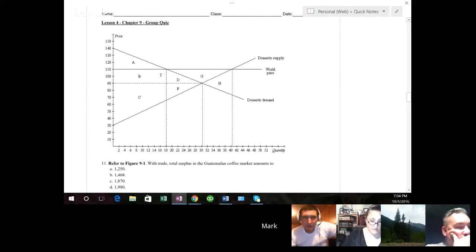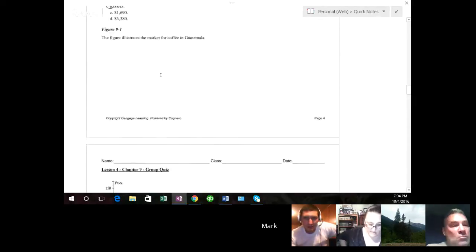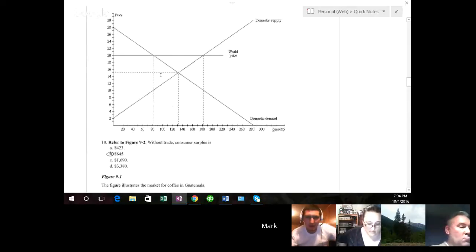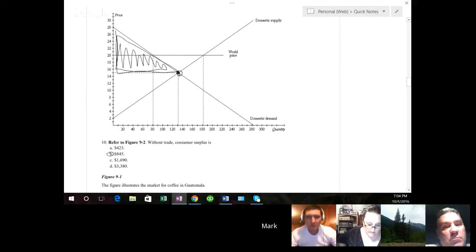Well, before we move on, could you highlight exactly which squares? I can't quite remember, and I can't really look through my notes very well. I can't remember what area we were talking about. Yeah. So the consumer surplus, this is without trade. So you're focusing in on the equilibrium point right there. And so all this right here, that whole area is the consumer surplus. Okay, that makes more sense. Yeah, the key is without trade. So you're not looking at any of the world price stuff.